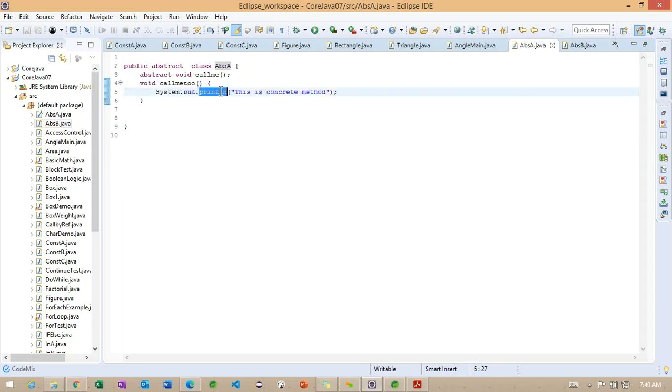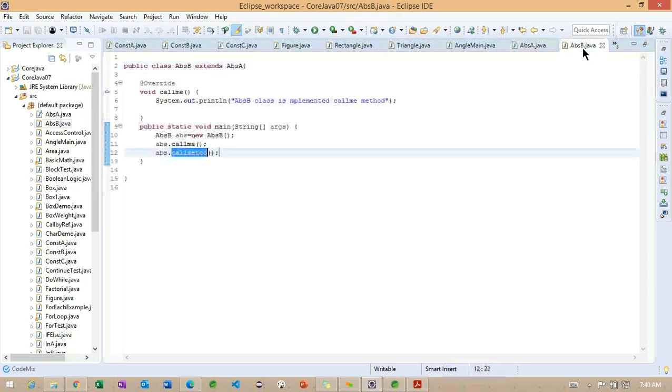In the same way, if we want to use the same functionality of a method for all the classes that extend this abstract class, we can do so. Basically, what is the advantage we get here? Even though we are creating the subclass reference, using the subclass reference we are able to call the superclass method. Getting the point? This is one of the features we get using the abstract class.